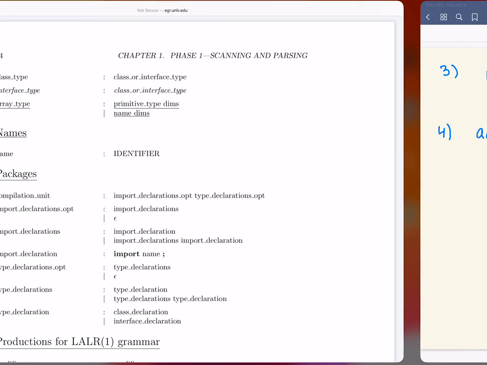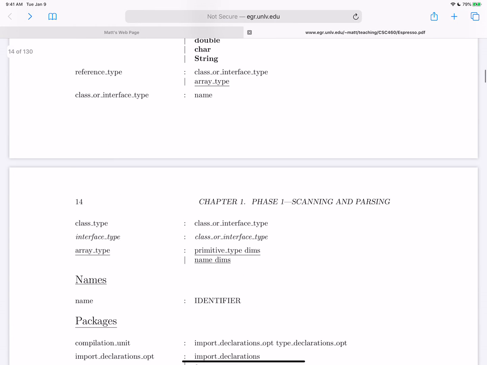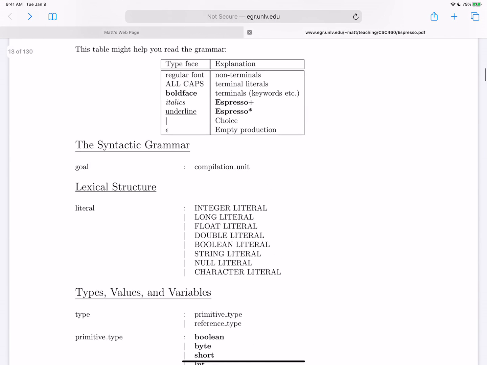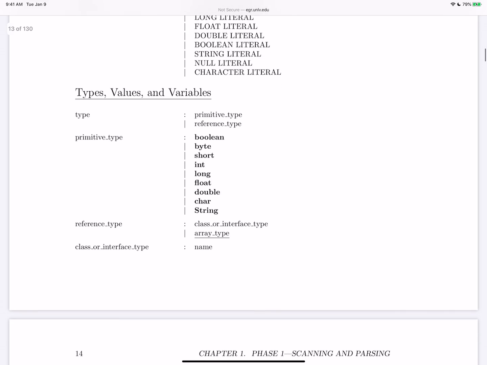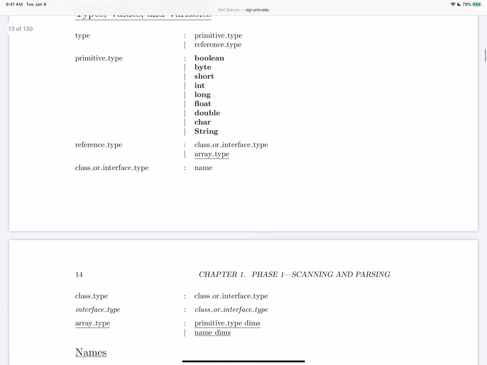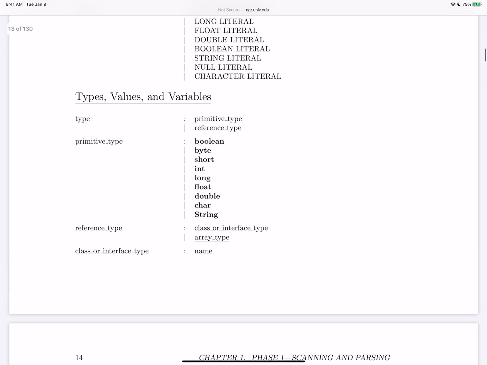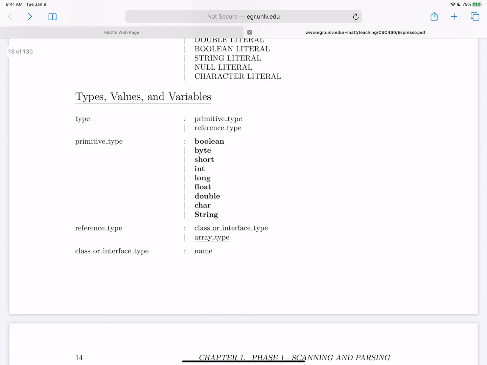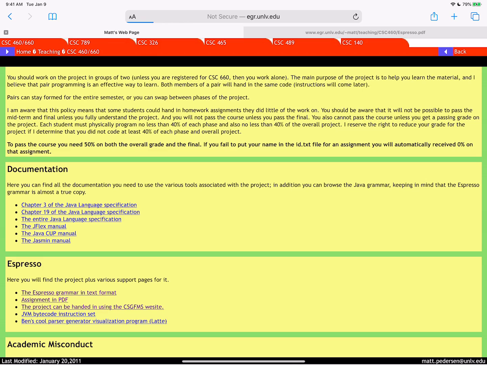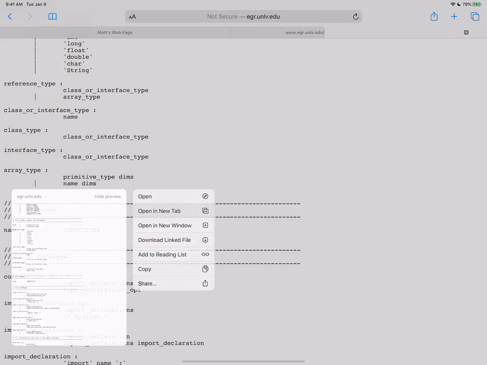Now let me just go find the grammar for you again. Where do you find all the non-terminals? Well, you find all the non-terminals on the left-hand side. So goal, literal, type, primitive type, reference type, class or interface type. But you can also get them if you're clever with a little bit of shell scripting. Open a new tab.